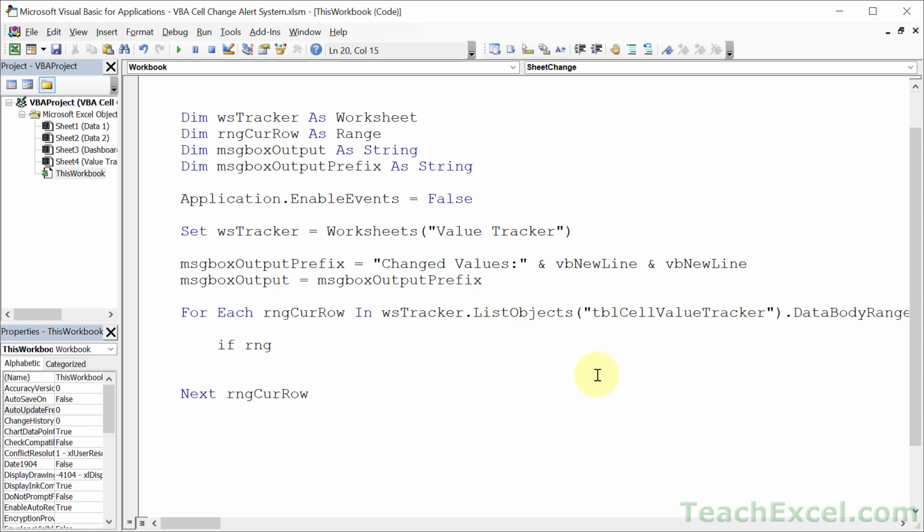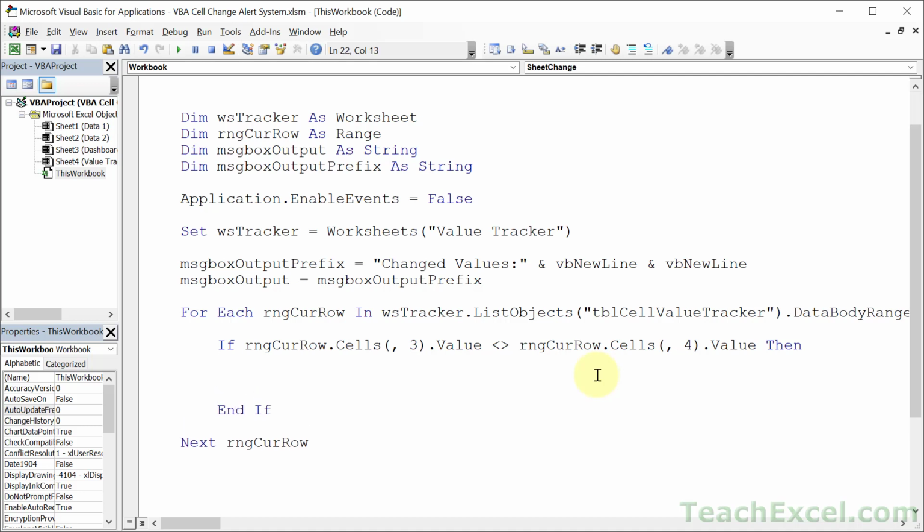And we can use the RNG cur row as our reference, but that's the entire row. What do we want? We want a subset of it, so we use cells. And what do I want in there? I can say on the same row, so let's comma over to the column index argument, and I want to go for the third column, or the previous value column, and type dot value. And I want to see if it is not equal to RNG cur row dot cells, comma to go to the column 4 for the current value, and I want to get the value from it, and then